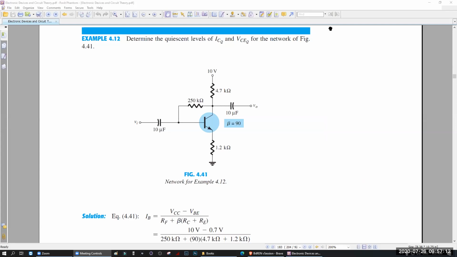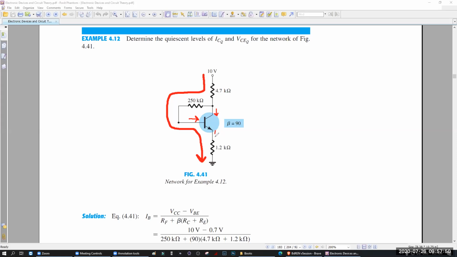To solve this math, what do we have to do? At first, we have to get rid of the capacitor. Right? Yes, sir. Apply KVL in the input side. Here, what is the current? IB is this current. Which one is IC? IC is the lower one, this one.